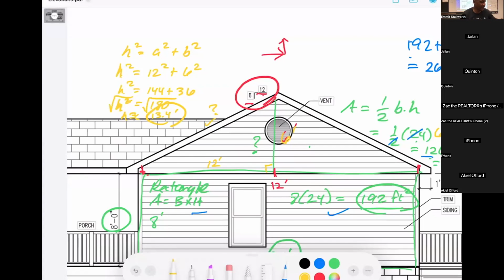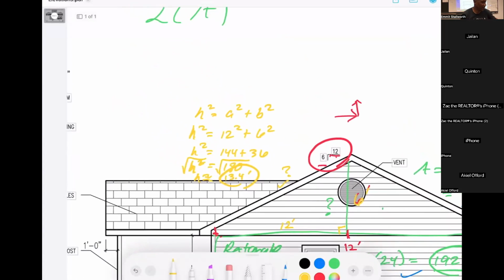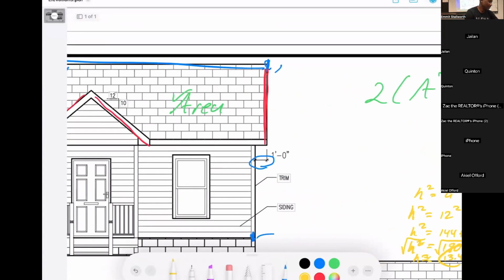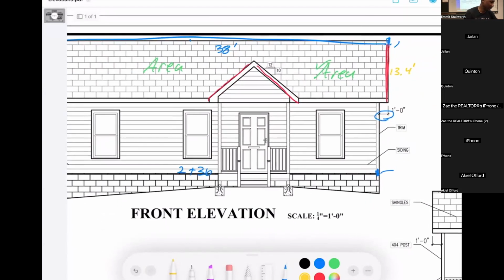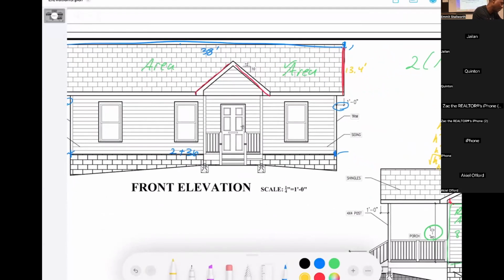So I'm gonna come back over here. So this right here is 13.4 feet. So we almost got it. So now I'm gonna say the area is equal to 38 feet times 13.4, which is equal to,